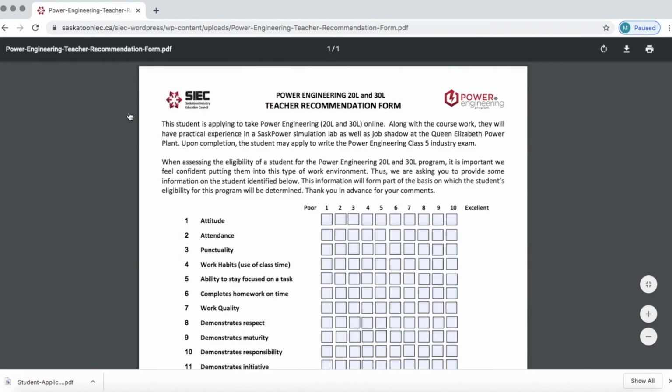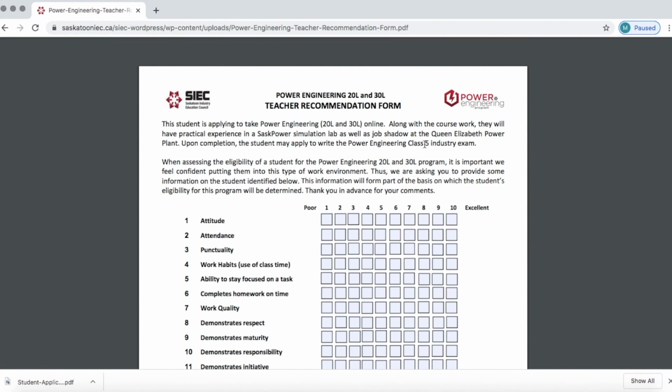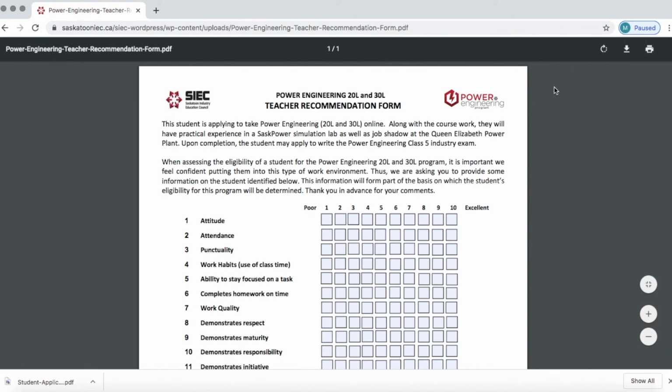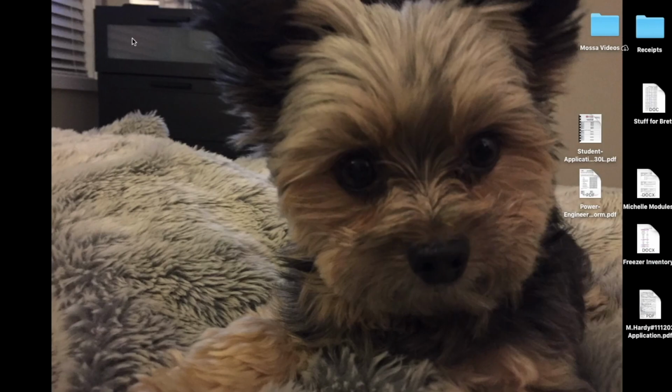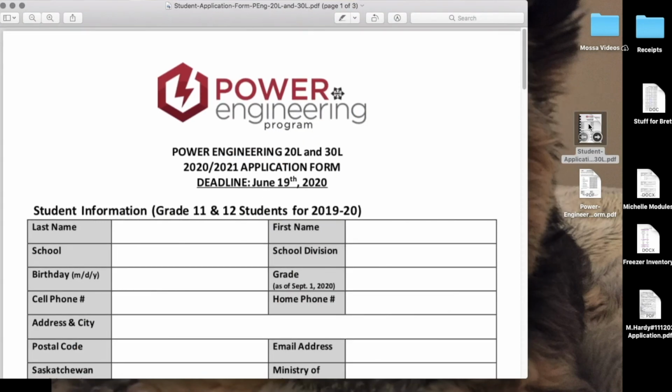So the students can either download the PDF and email it to the teachers who they want to complete it for them, or they can send them to the site and the teachers can then do the same thing. Download the file, and then at that point, enter the information. So when I open those files on my desktop, not in a browser, I can enter the information, and then when I save it, that information will save.